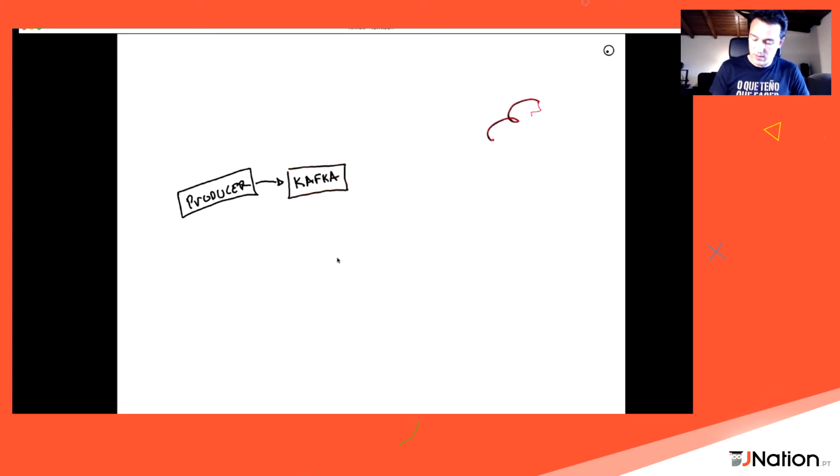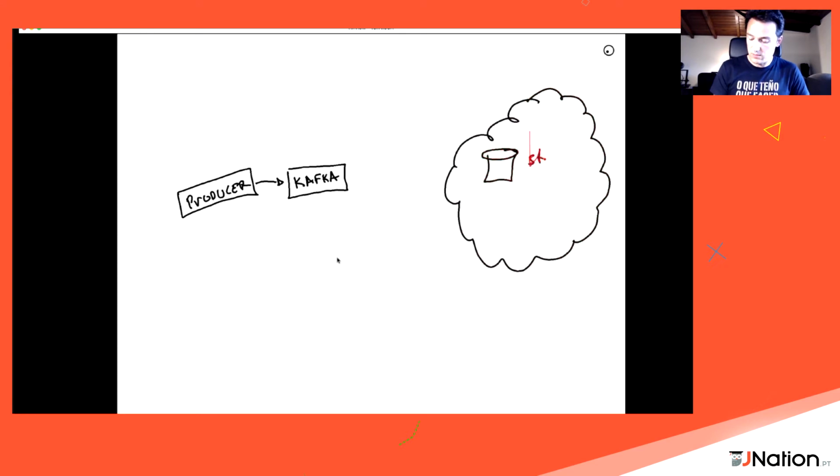And now we have here our cloud with a storage. And what we're going to do is read that data from Kafka and ingest it in our cloud storage. For example, we can do it with Kafka Connect.